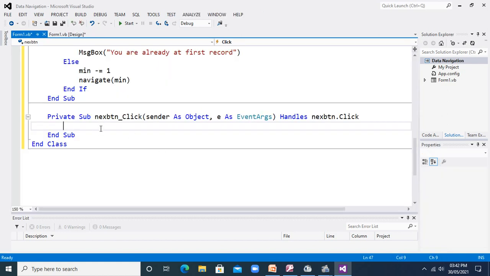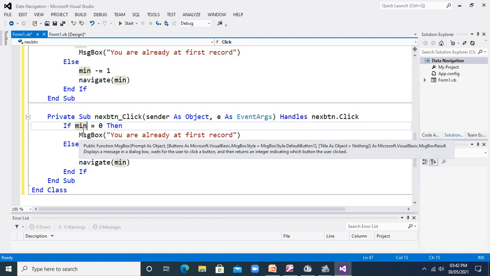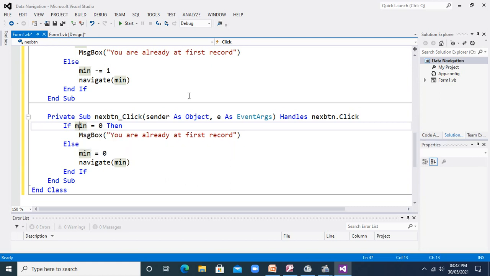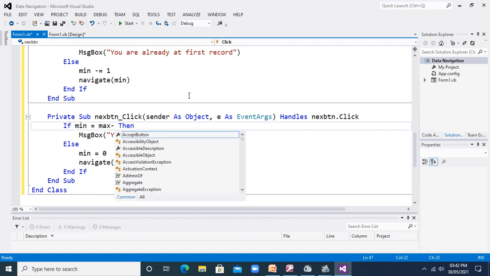On the next button click, I will perform some modification. When I want to perform the next operation, at that time I will check my max value. Okay, so I will check if my mean is equal to max minus 1.